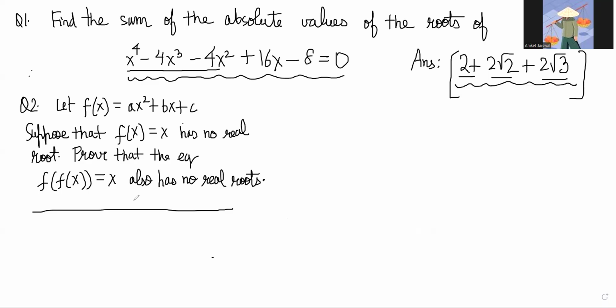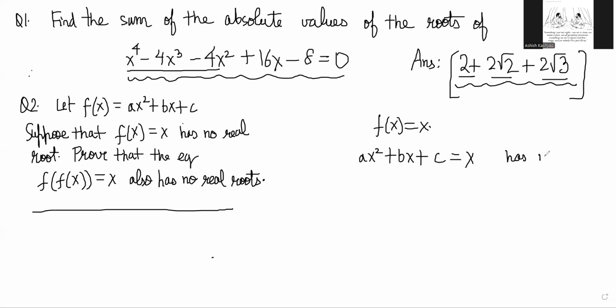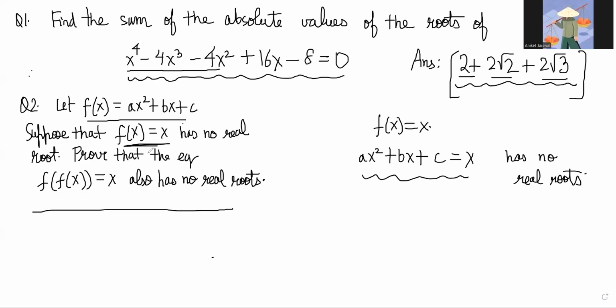Prove that f of f of x equal to x also has no real root. ये तो एफ ऑफ एक्स इज इक्वल टू एक्स तुमको लीनियर कैसे दिख रहा है इक्वेशन? ये लीनियर इक्वेशन है, ये क्वाड्रेटिक इक्वेशन? ओके ओके, इसका ये मतलब है। ये तुमको एफ ऑफ एक्स का डेफिनेशन थोड़े दे रहे हैं, एफ ऑफ एक्स को फर्स्ट स्टेप में डिफाइन किया था। ये इक्वेशन बन रहा है, डेफिनेशन नहीं है। गॉट इट सर।